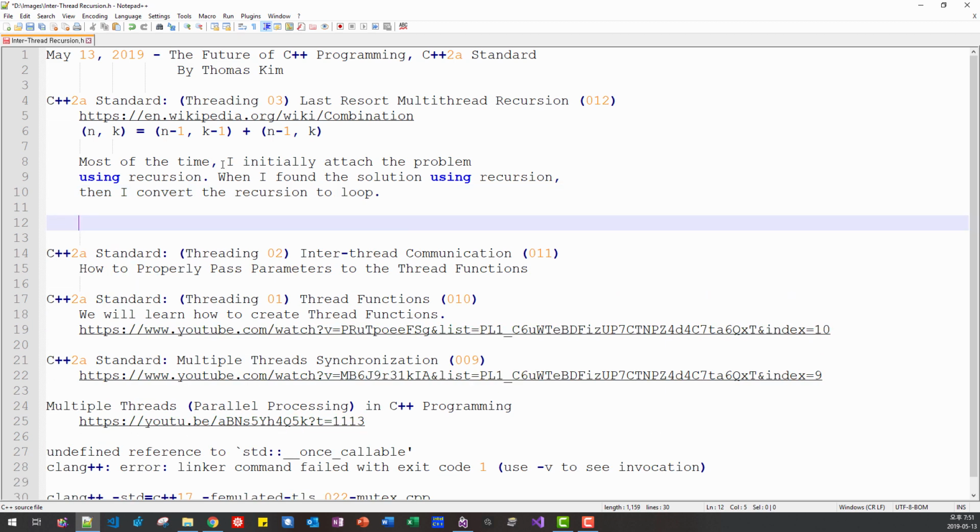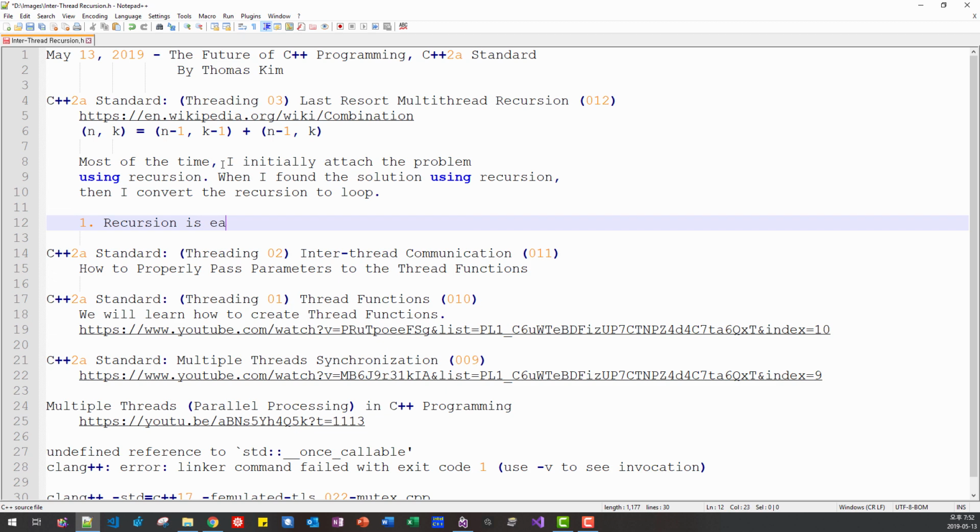The reason I prefer loop over recursion is very simple. Loop is much faster and uses much less computing resources. Loop can be much easier to vectorize and parallelize.